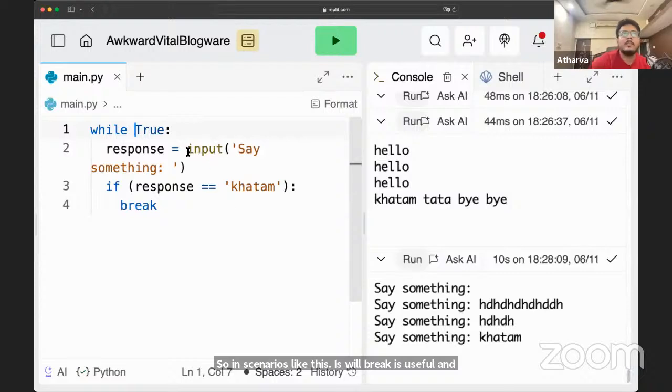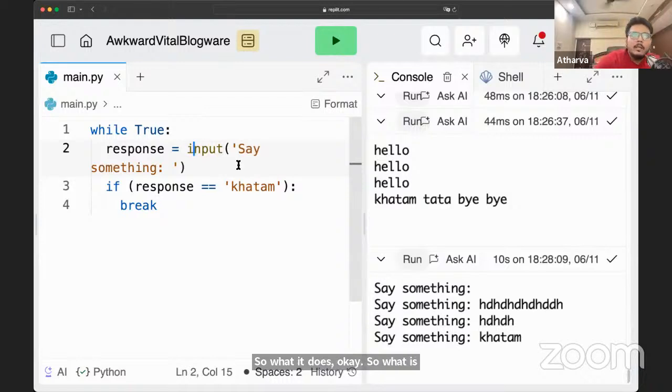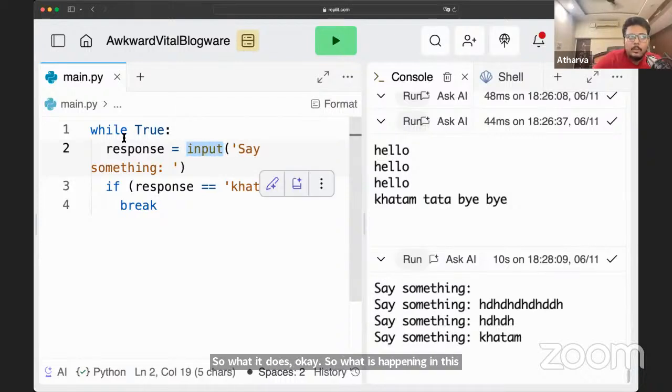So what is happening in this program? Let's understand it. We learned about input. We also know Python is an interpreted language, hence it executes everything line by line. It went to line number 2, and then it stops for input, to take an input from you guys.